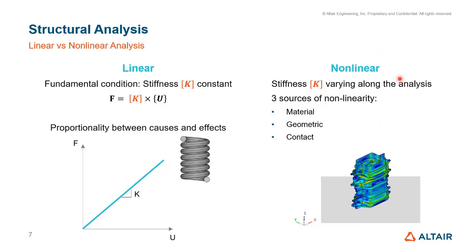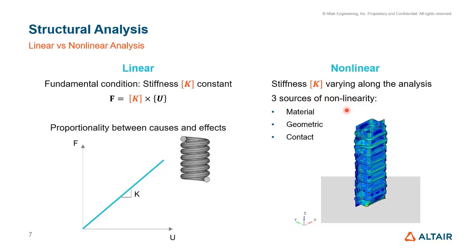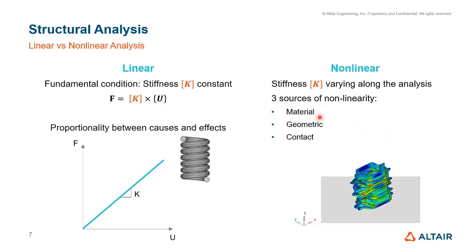On the other hand, my nonlinear, this is really a good example of a nonlinear problem. We have all these three nonlinearity sources displayed right here. So the nonlinear fundamental condition is that the stiffness matrix will vary along the analysis, as opposed to not varying. And there are three sources of nonlinearity, which is material. Whenever your material is exiting the linear behavior and starting with the plastic behavior, it will cause nonlinearities and changes